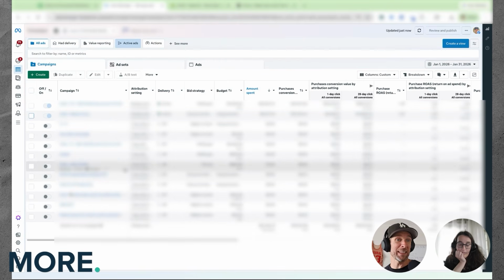So I would duplicate this whole campaign. This is probably the biggest structural change I would make. Duplicate your TROAS campaign exactly as it is and run it with a manual bid. Just be careful about what that bid is. What is your ROAS target right now in your mind? 1.8 is where it's set.